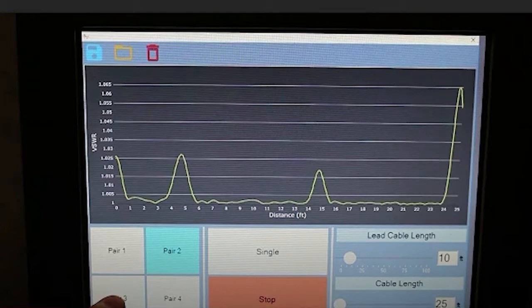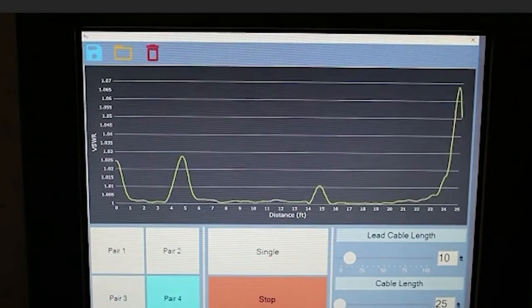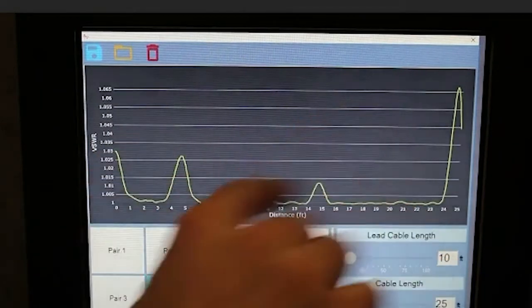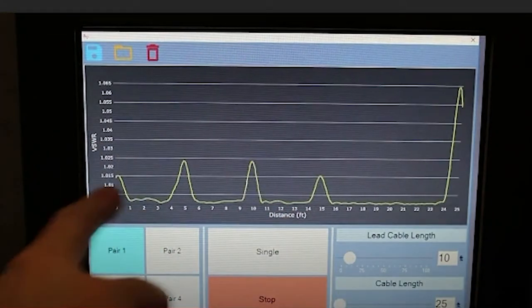We can select the 4 pairs. Select pair 3, which is very similar to the first mismatches. We can select pair 4, and we'll see very similar responses with pair 4. Now we're going to select pair 1. When we select pair 1, there's an additional mismatch, which is in the middle of the first 10-foot commercial cable segment. So at the 5-foot mark, or 10-foot in this case because of the 5-foot adapter cable,